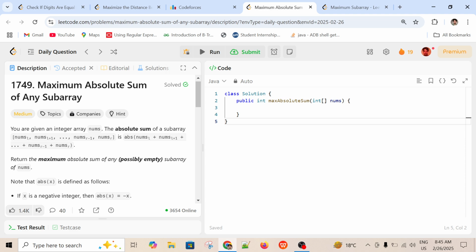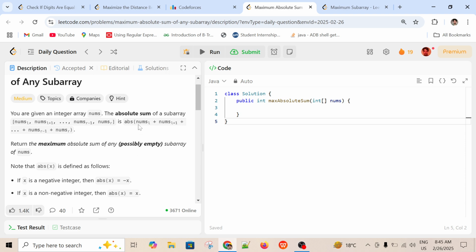Instead, you have to find out the sum, then make the sum absolute, and maximize that. Return the maximum absolute sum of any subarray,